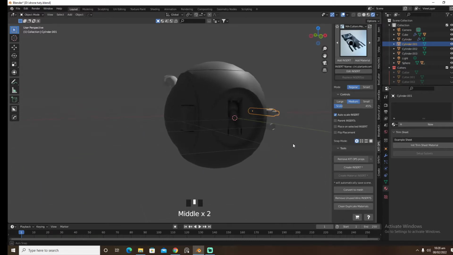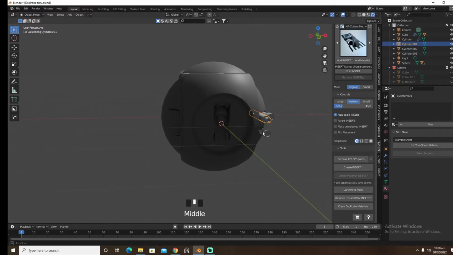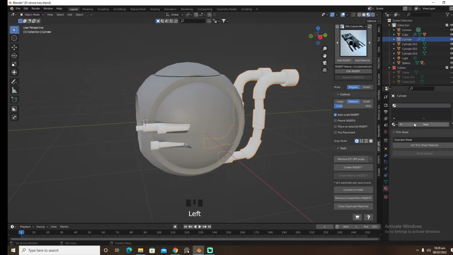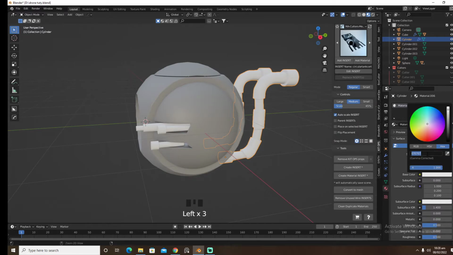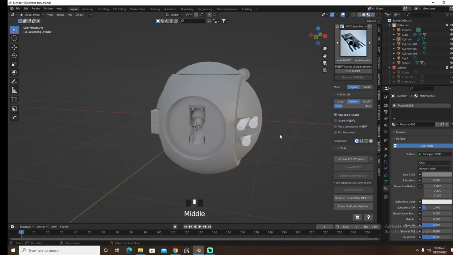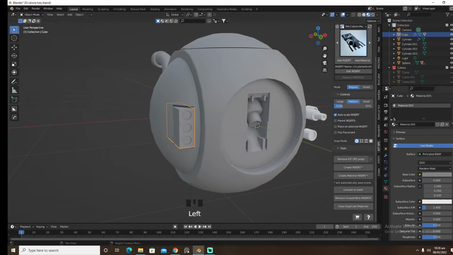Alright, the next thing what we should be doing is Control V. Alright, the next thing what we're going to do is we're going to select this guy, we're going to go